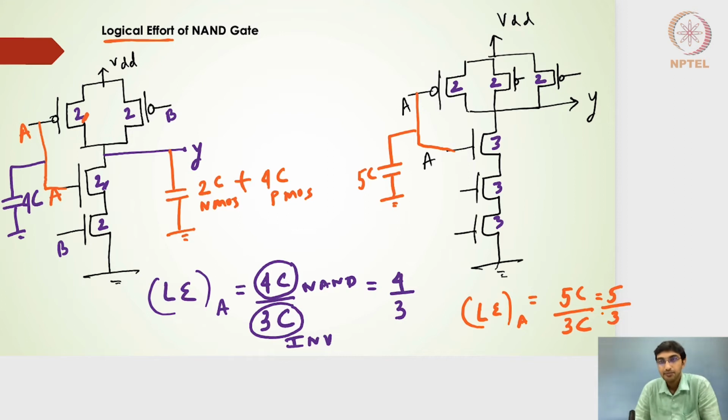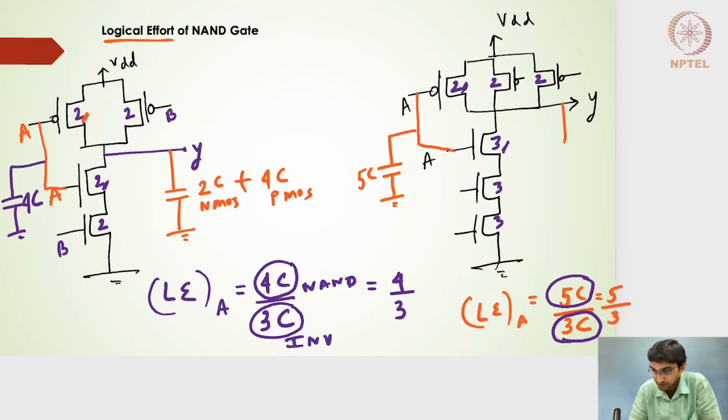Right here, what we have done is we have considered the input capacitance of this particular gate, and we took that in the numerator, and in the denominator it is nothing but the inverter's input capacitance. But what it really means is that this particular capacitance of 3C and then 5C is actually coming from the sizes of the transistors, right? This 3 transistor is the size, this 2 is the size. The sizes are selected in such a way that I will have the same